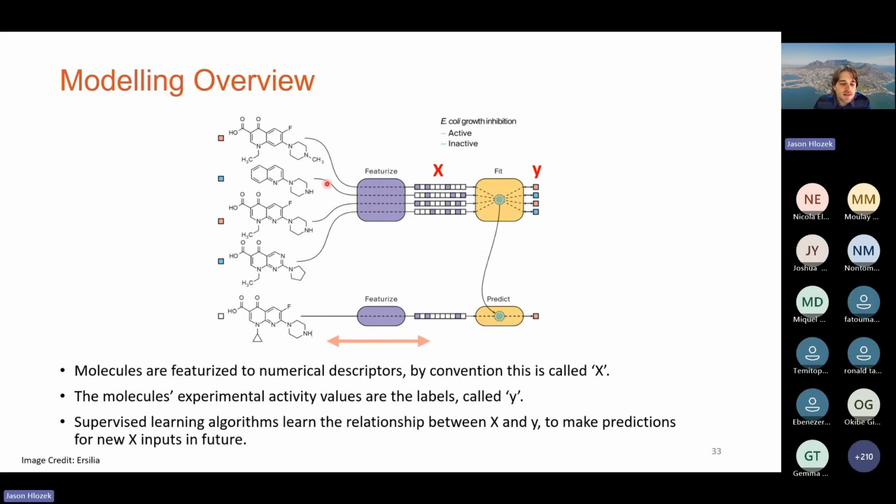So the general paradigm is we have our training data set where we've got chemical structures and we've got associated labels. So let's say the red means it's active and the blue means it's inactive. So that will be a 1 or a 0. And the first thing I always need to do is featurize my molecules, so convert them into a number representation that a computer can understand. And I feed it to a machine learning algorithm that learns to correlate this numerical description with the corresponding label.